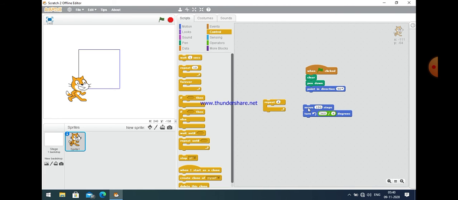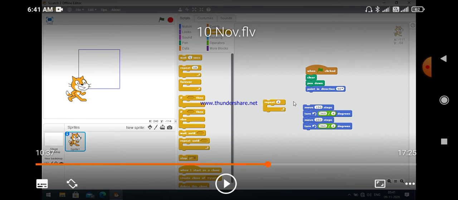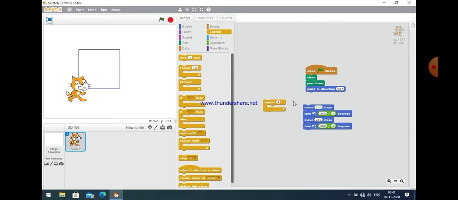Now let us try to create a rectangle. First of all, make a duplicate copy of it, because we have to make a minor change in it, and move, let us say, 250 steps. So these are the two commands. The angle will remain the same, we just change the adjacent length, and then set these four commands into the repeat block.